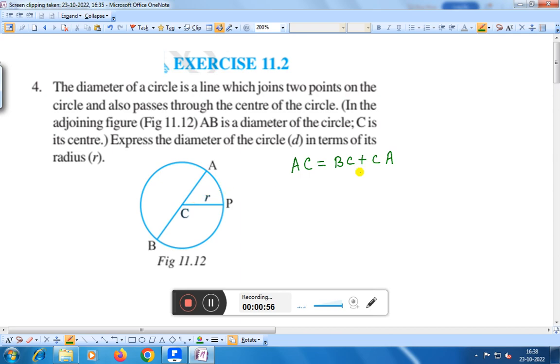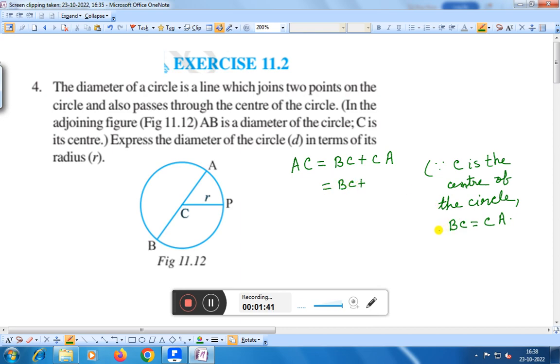Since C is the center of the circle, therefore we can say that BC is equal to CA, right? Therefore you can write AC is equal to BC